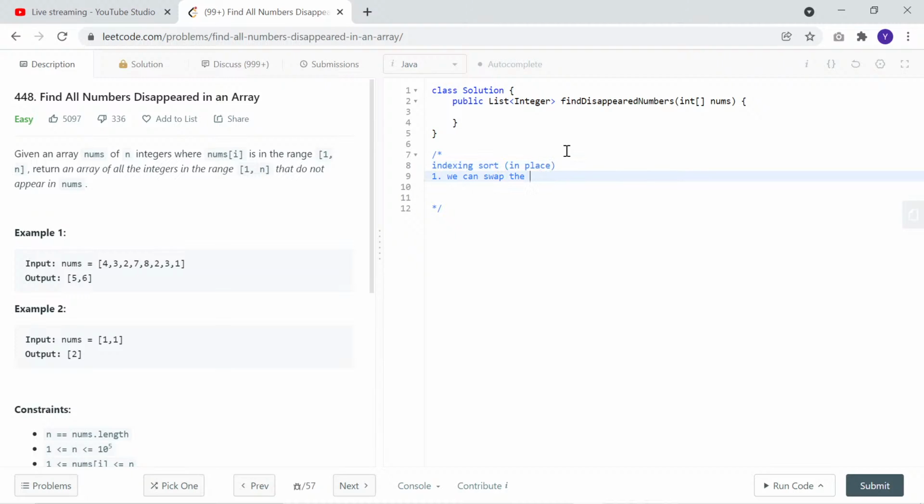So we can iterate i from 0 to n, and swap nums[i] with nums[nums[i] - 1], because the numbers are one-based, so I need to do a minus 1. So this swap